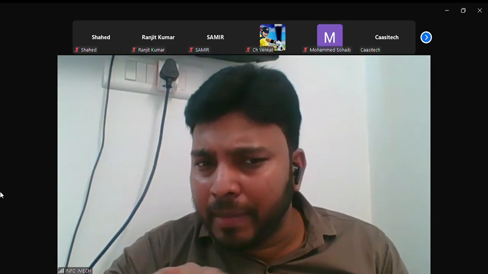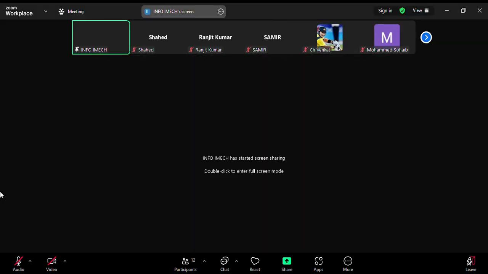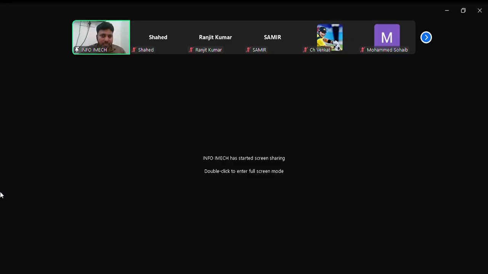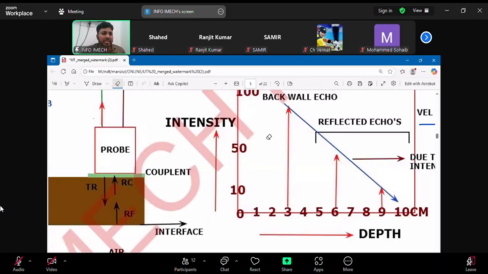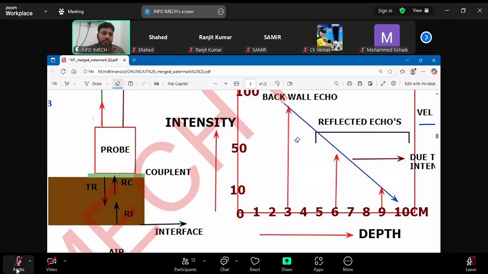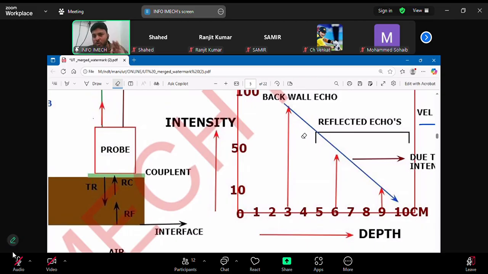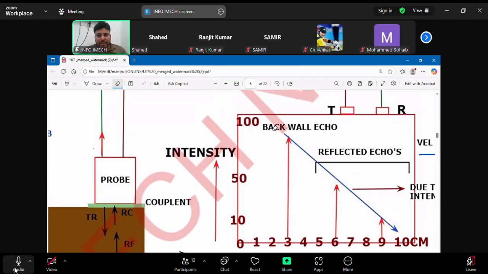So it is showing multiple echoes on the screen, guys. But which echo is giving the thickness of the material in all three echoes? Which echo is giving the material thickness? The first one, correct? The first one, 3 centimeters. So in all these echoes, the echo that gives you the total thickness of the material is called the